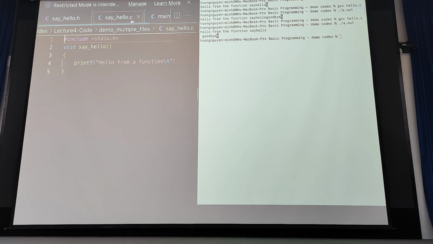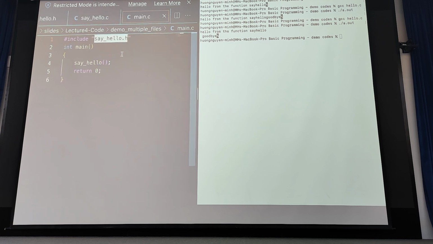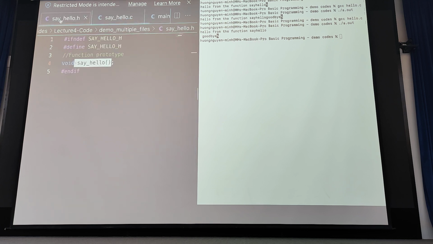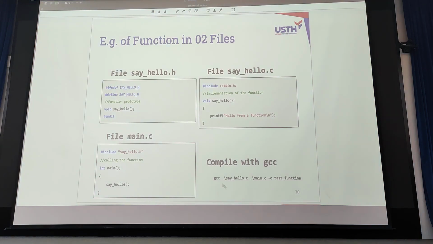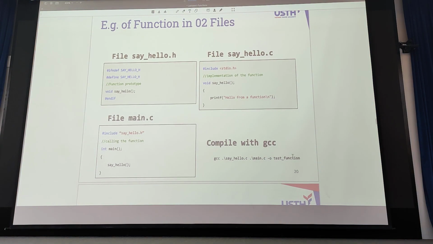Okay, because you keep the header and the implementation in two separate files, when you compile to make the program run, and want to run the main function that calls say hello, you have to make a link between the header and implementation files.